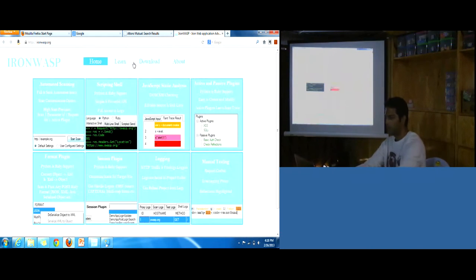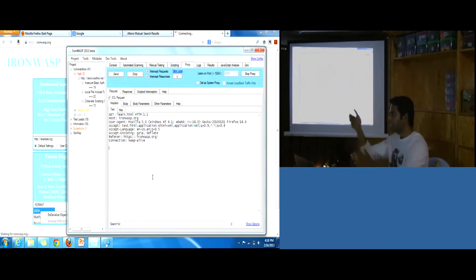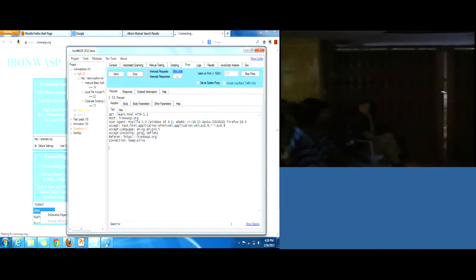So if I click on something, this basically stops the request going there. It shows me the request. If you want to edit something here, maybe you can edit it, and then you can send it to the server. Right? Could you intercept googlemail.com after you added the fake certificate?